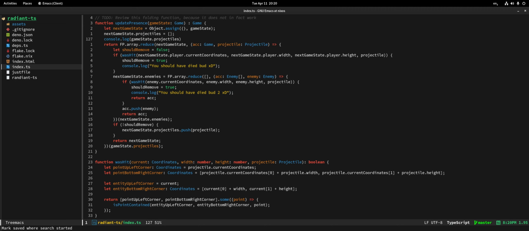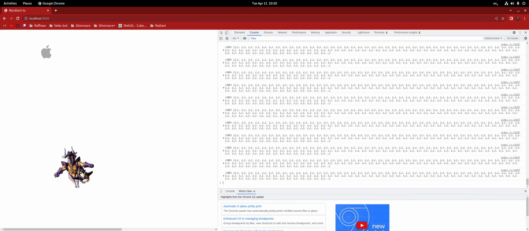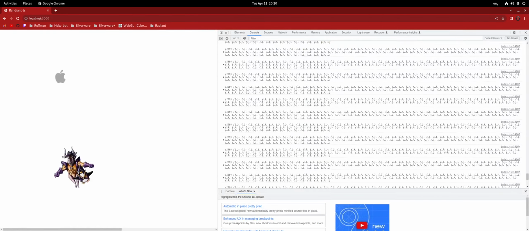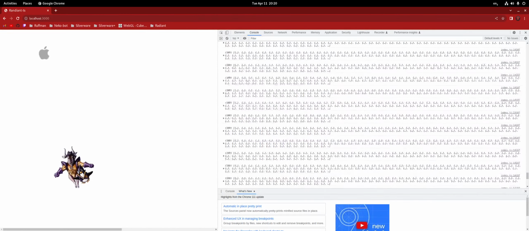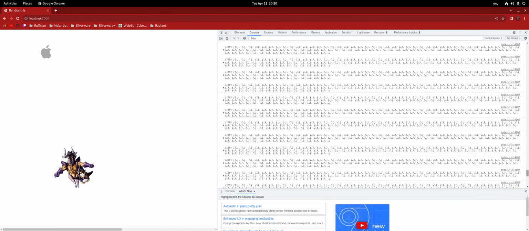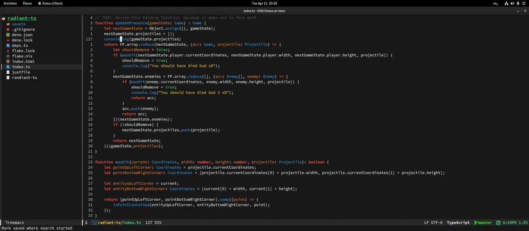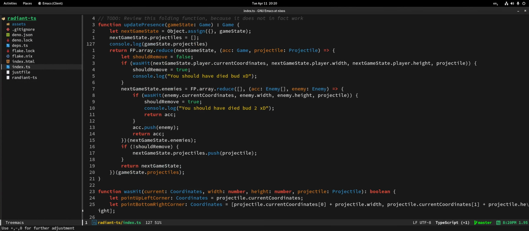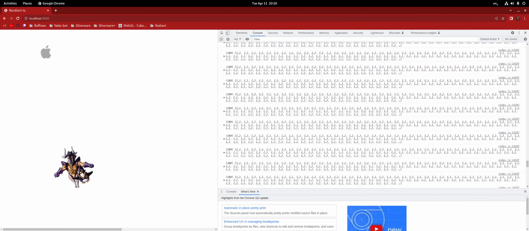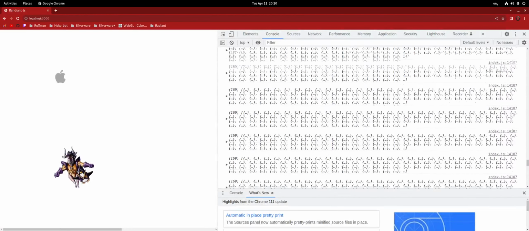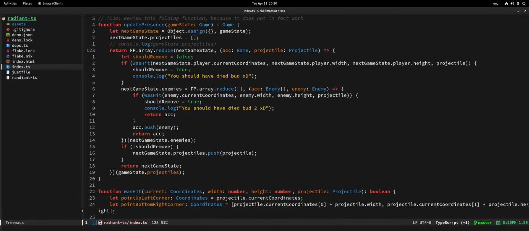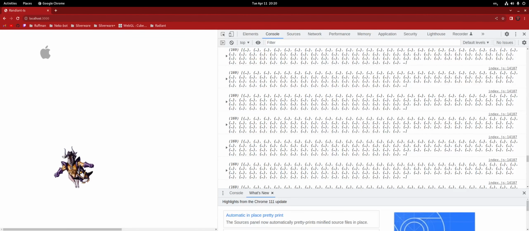Oh, I remember something about this. Do you remember that when you shoot a projectile, it is still going on and on to infinity? Yes, that is still happening. But let's focus on the other one first, and then we see that one. I want the REPL better, the console. Yeah, that's better. We need to do that, and then we need to do